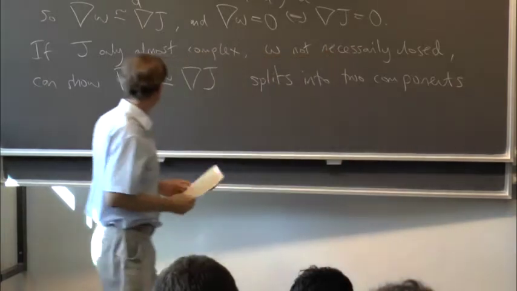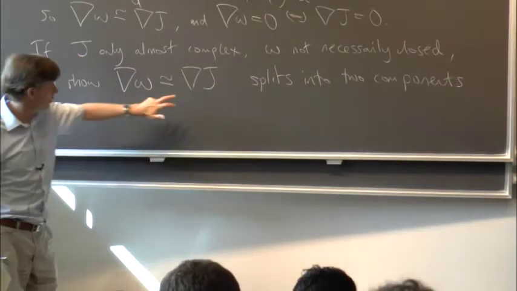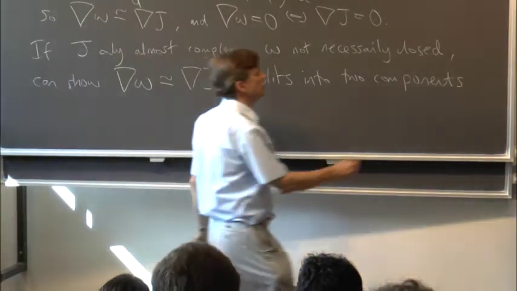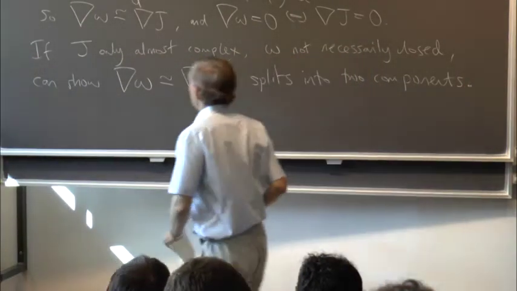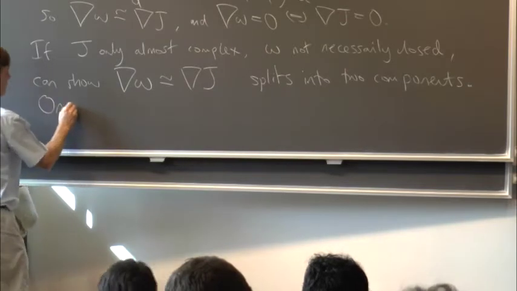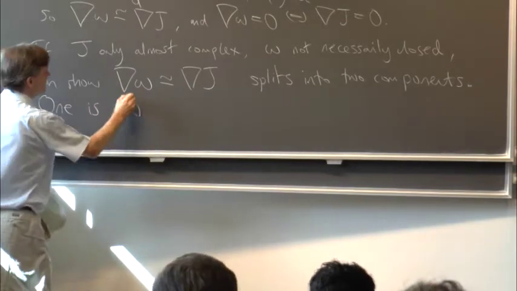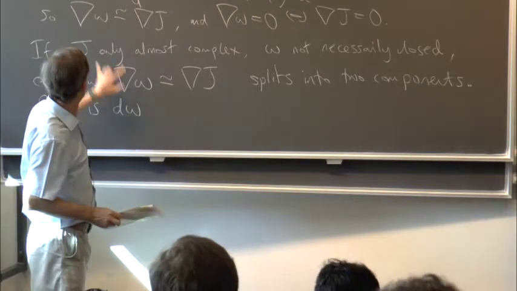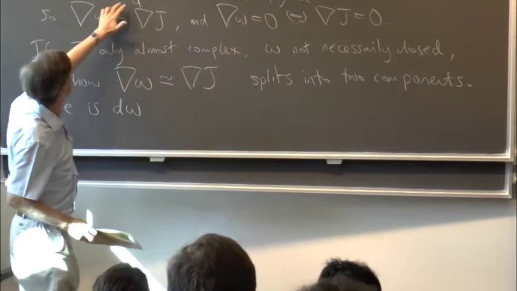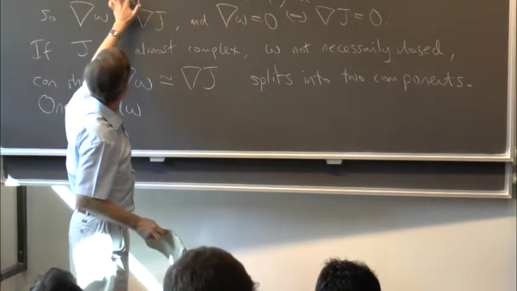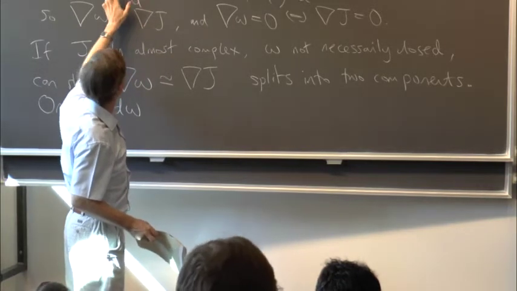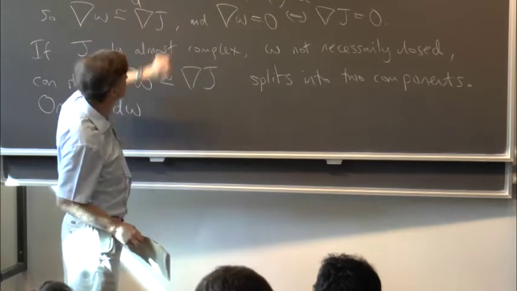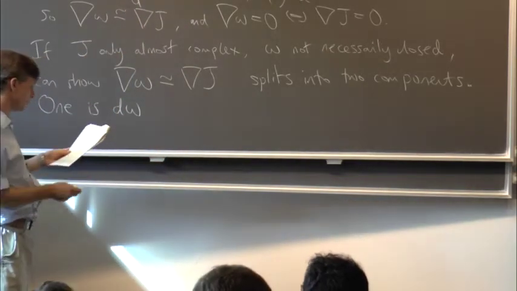One of them is most obviously associated to omega, the other one most obviously associated to J. So one is d omega, which is really a chunk of nabla omega. Because nabla is torsion free, d omega is what you get by anti-symmetrizing these three indices. So one is d omega,